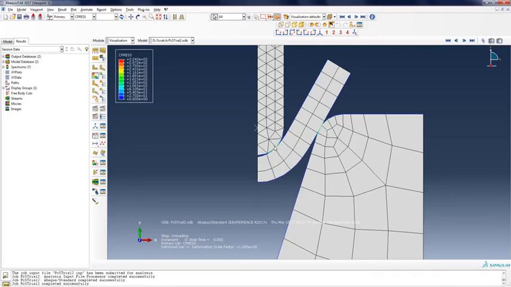Could be the case, but could also be the fact that we have a rather coarse mesh here compared to the radius of our contact. And you can try improving on the mesh to see whether your results change.